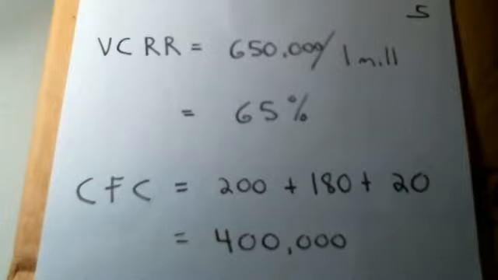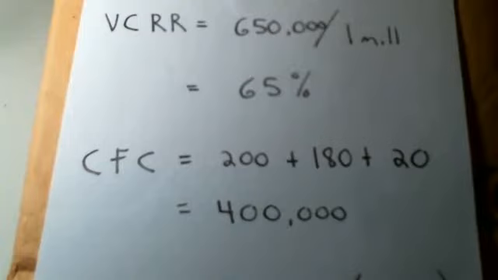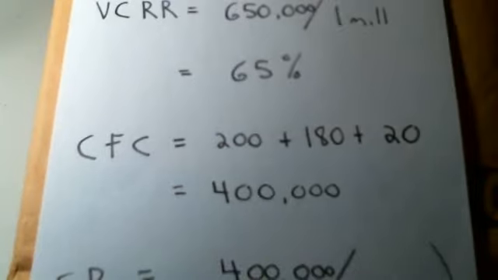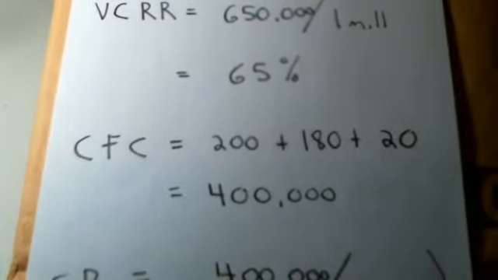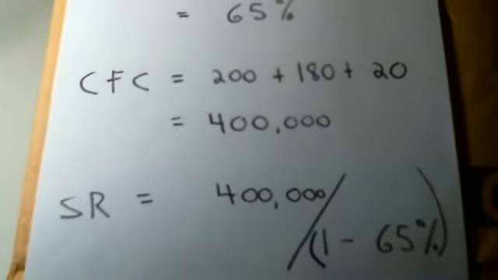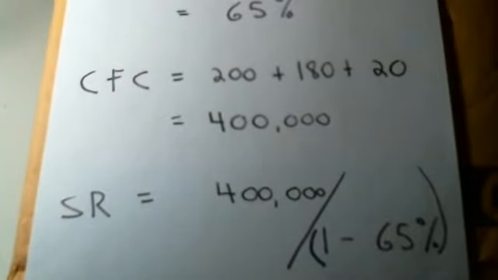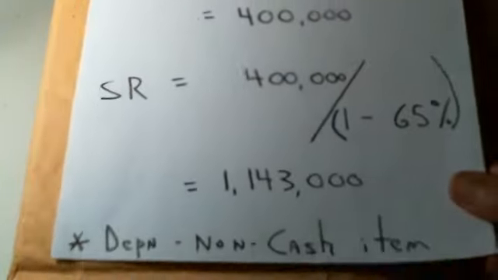Now remember, the fixed costs are 200, 180, and 20. Those are coming from admin, marketing, and interest. Remember, depreciation we do not include. That is a non-cash item. So 200,000, 180,000, 20,000 comes to 400,000. So now we want to rewrite that. Survival revenue equals 400 over 1 minus 65%. And that gives us the survival revenue of